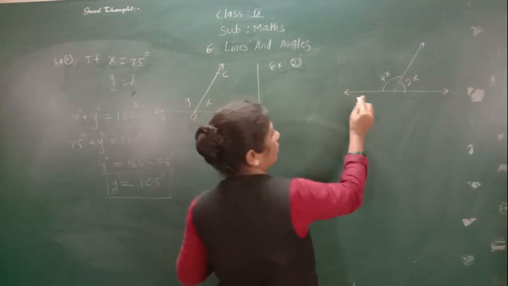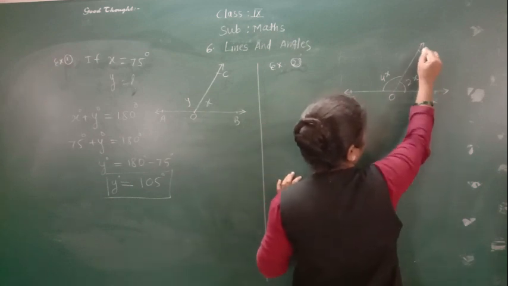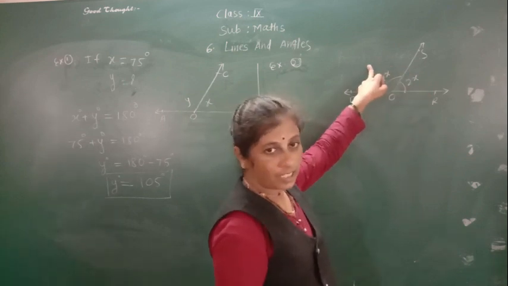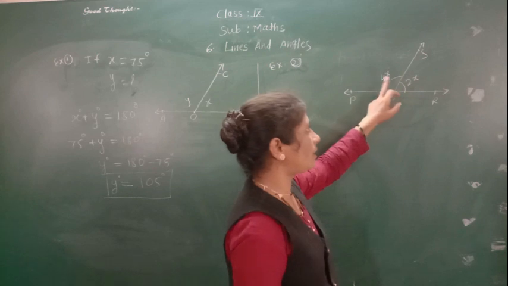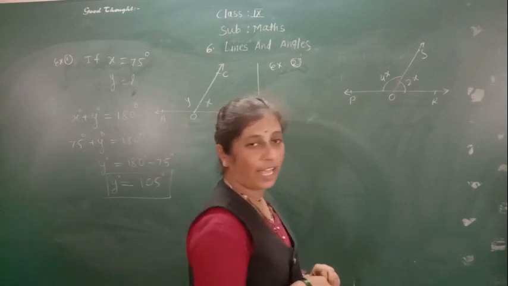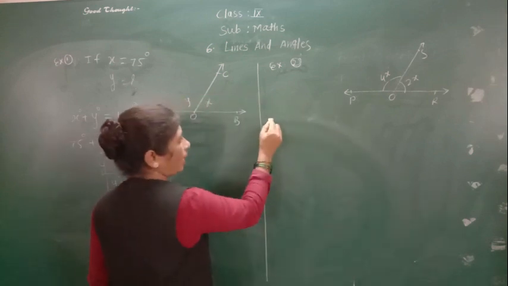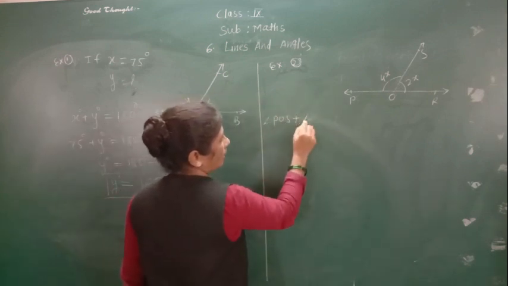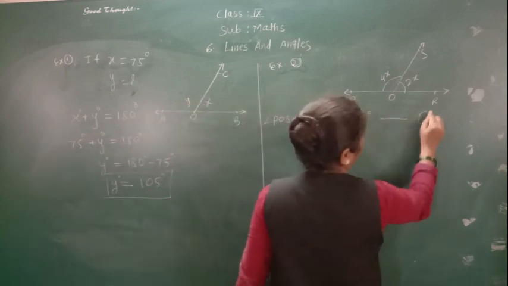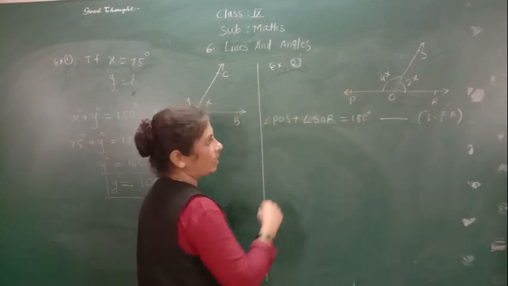So this is a very easy example. Similarly here, the names are P, O, R and this S. So POR is a straight line. These two angles are forming a linear pair. Their measurements are given as 2x and 4x. We have to find x and also the measures of the angles, angle POS and angle SOR. So angle POS plus angle SOR equals 180 degrees. What is the reason? They are linear pair angles, and the linear pair measurement is 180 degrees.